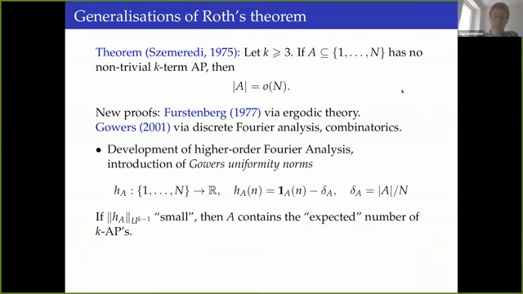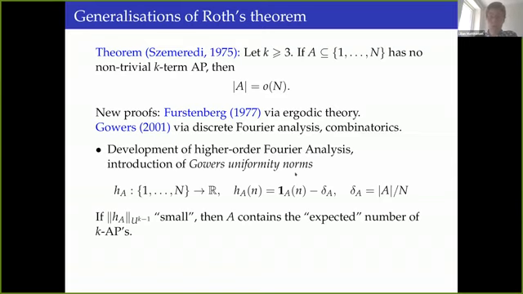So let's take a look at the subset A of the integers 1 up to n. And let's denote by 1 sub A the indicator function of the set. So 1 sub A is a function defined on the first n integers and is a 0, 1 valued function. Let delta A denote the density of the set A within the integers up to n. And then consider the function h sub A, which is the difference of the indicator function and its density. h sub A has mean value 0.